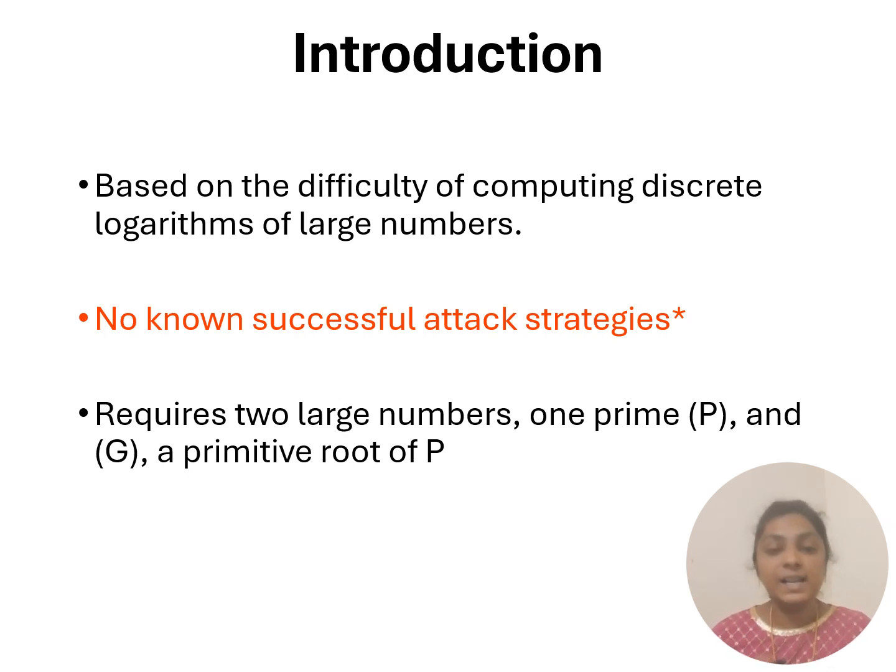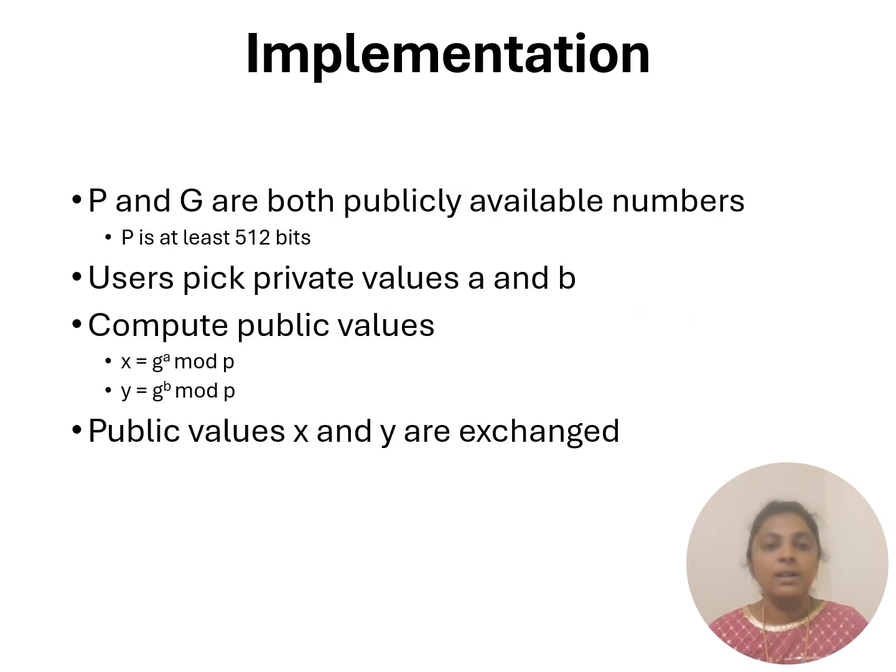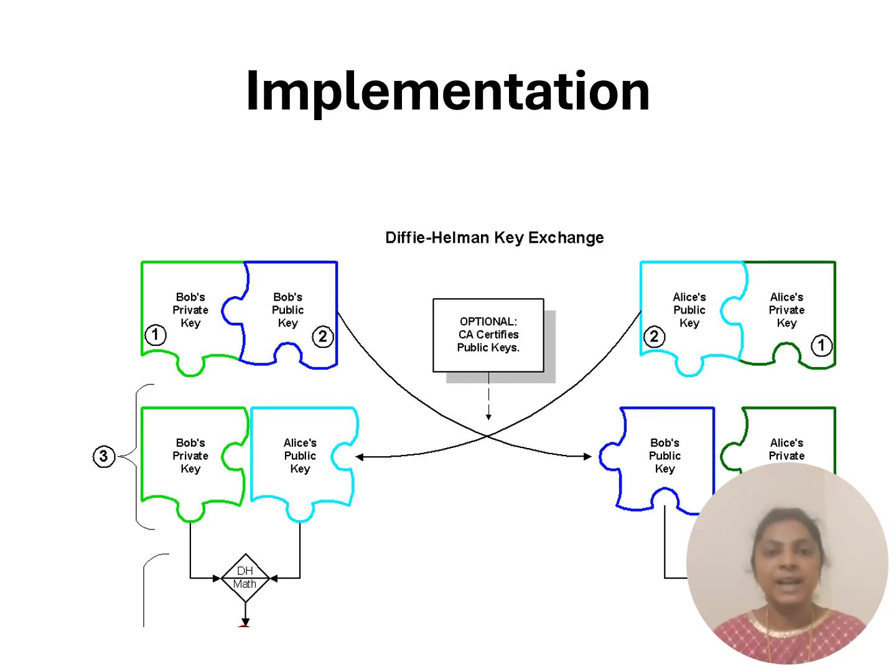And it takes two large numbers. One is a prime number, another one is a primitive root of the prime. And they both are publicly available numbers for the sender as well as the receiver. And the p-value is at least 512 bits. Then what happens? Both the users will be calculating the keys